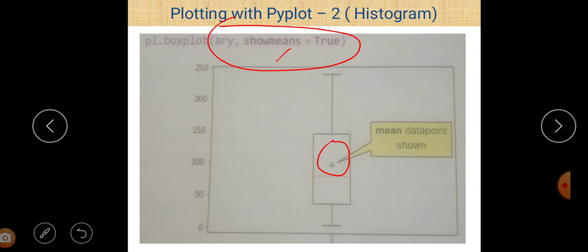And why is it so? Because here show mean is equal to true. By default show mean is equal to false. So generally this data point inside the box plot is not shown, but when you declare show mean is equal to true, then your output looks like this. So there is a data point inside the box plot which shows the mean data point.